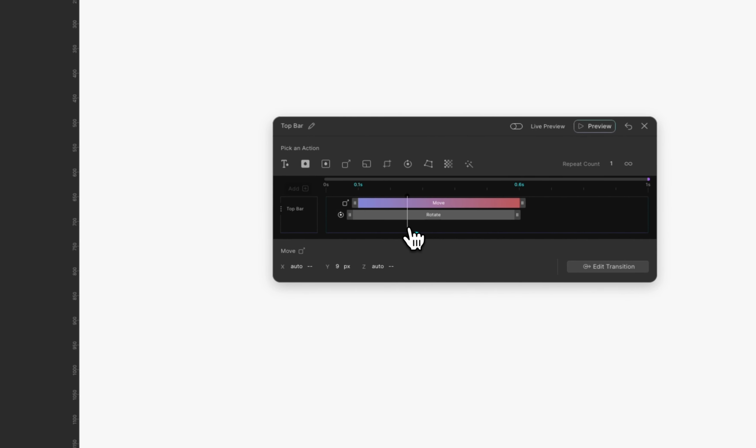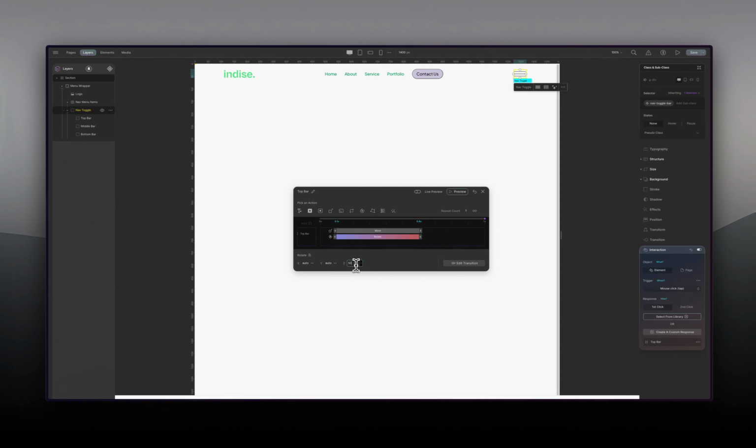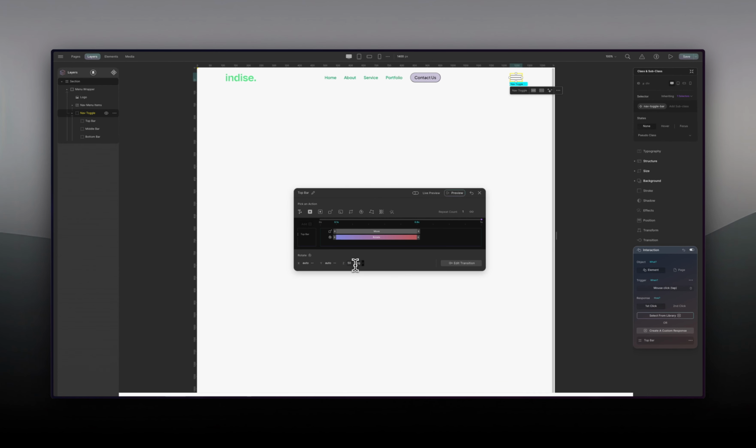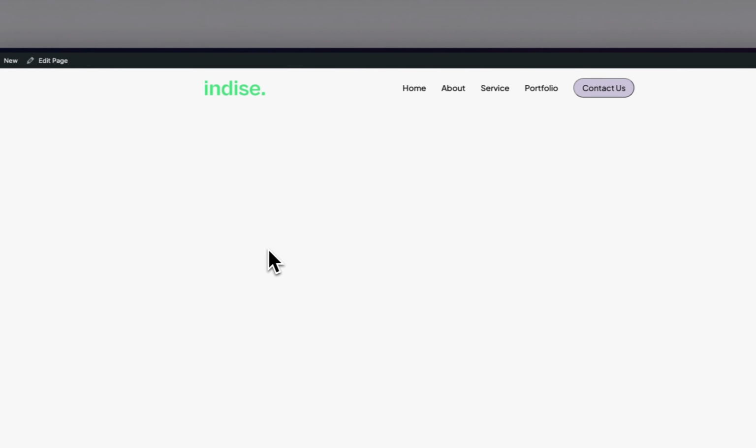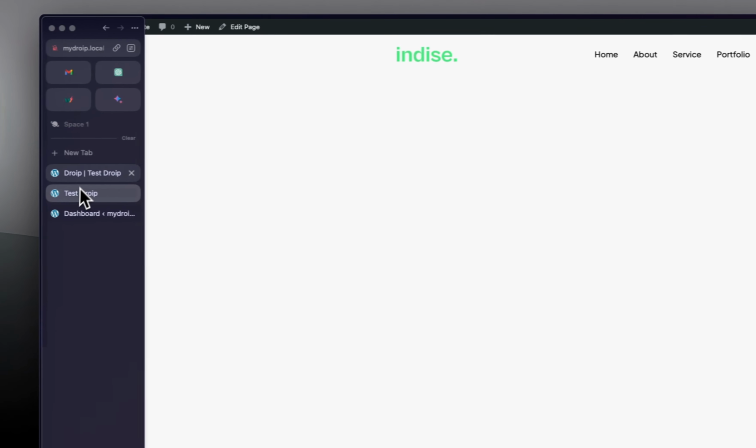So let's say rotate on the Z axis, let's say 50 DEG, which is cool. All right, so that is the first thing that we just did. Let me save that. All right, and then let's go into our front end, and I'm going to click here. You can see that it just animated. All right, so that is cool.